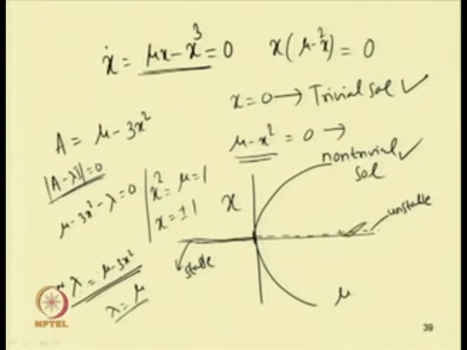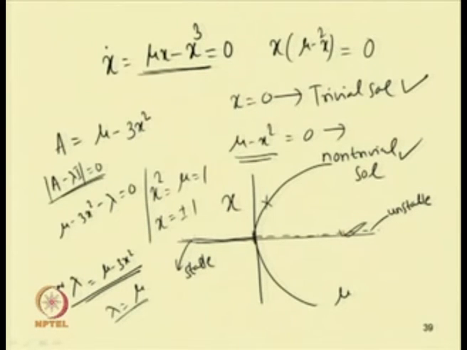So, for our lambda, let us consider the plus, the point which corresponds to x equal to 1. In this case, lambda becomes, for mu we have 1, minus 3x squared, so 3 into 1 squared. So, this becomes 1 minus 3, which is negative. As it becomes negative, this is a stable branch. Similarly, this is also a stable branch. So, here what we have observed is that from a stable trivial branch, we have two other stable non-trivial branches.